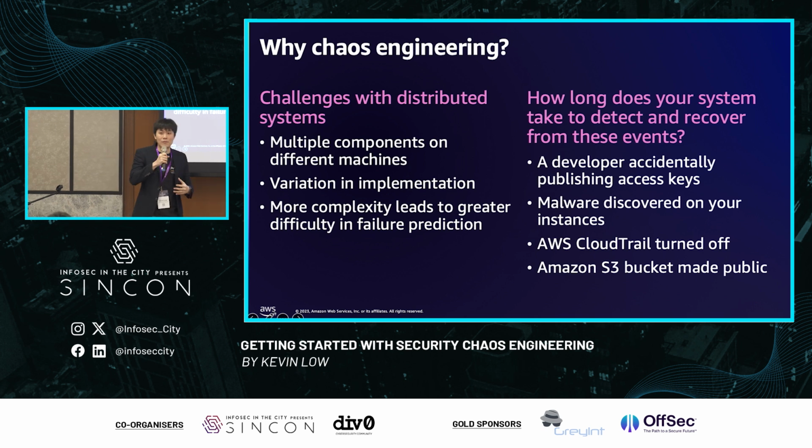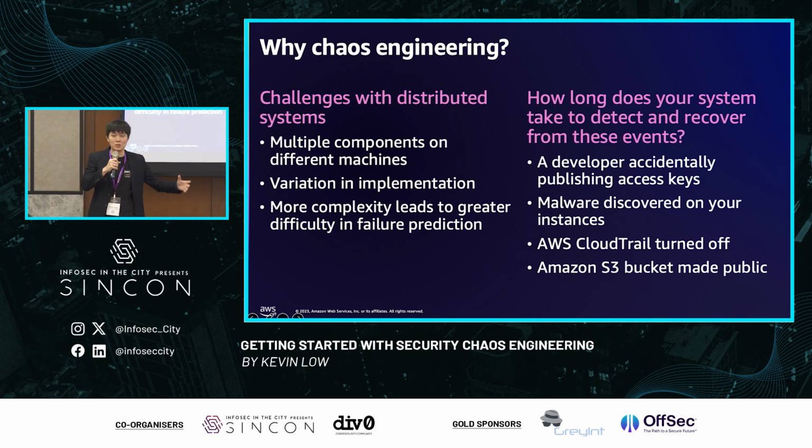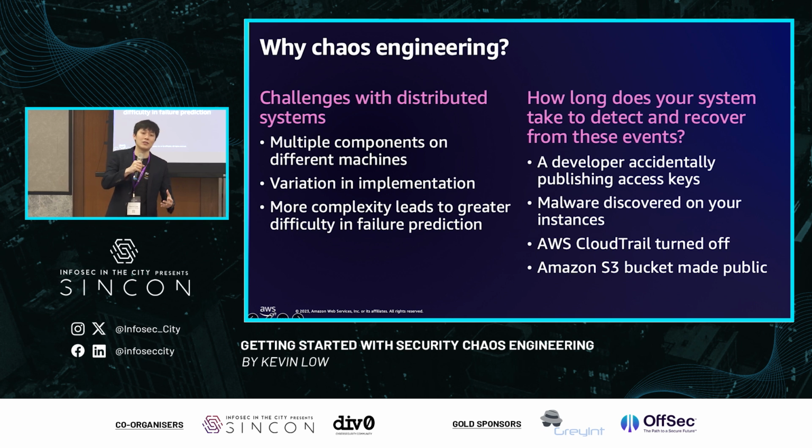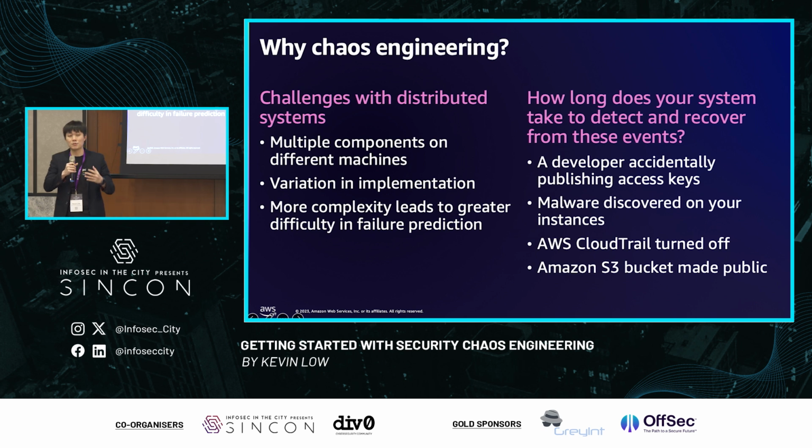Throughout my talk, I'm from AWS, so a lot of the examples will be very cloud focused, but the principles can be applied to any application. So let's say, for example, you have an API key, straightforward. You have an API key or database access string. How long will it take your systems to detect if that access key, that secret, has been pushed to the internet? Do you have a procedure to respond to it? Will your procedure impact your running production systems? All of these are things that chaos engineering will try to run experiments on,